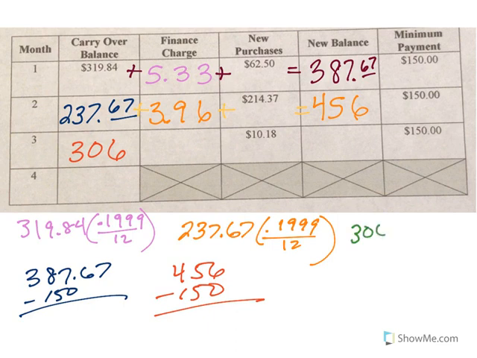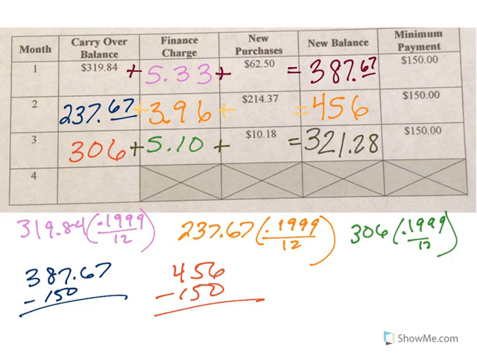So now I take the 306 times 0.1999, divide by 12, and my finance charge for month 3 is $5.10. So I add carryover balance plus finance charge plus new purchase, and I have $321.28. So if I owe $321.28 and I subtract $150, month 4, I owe